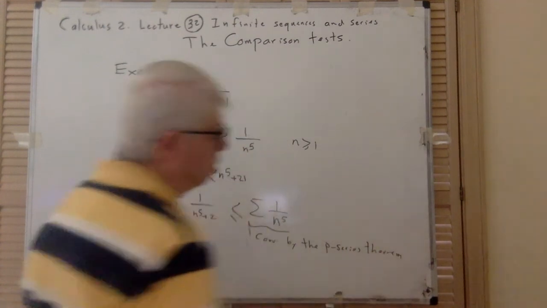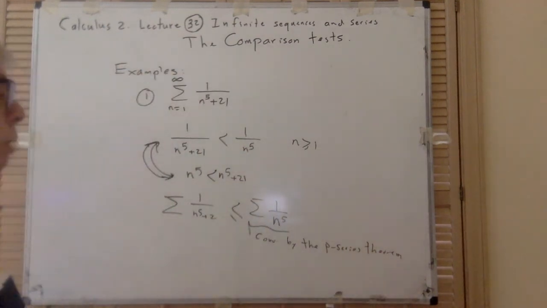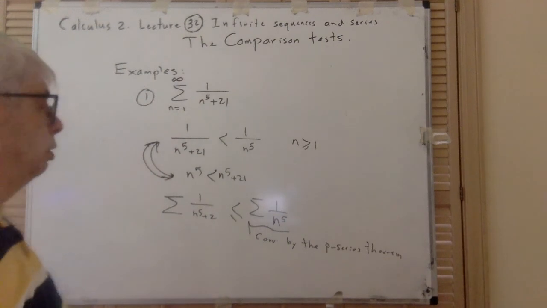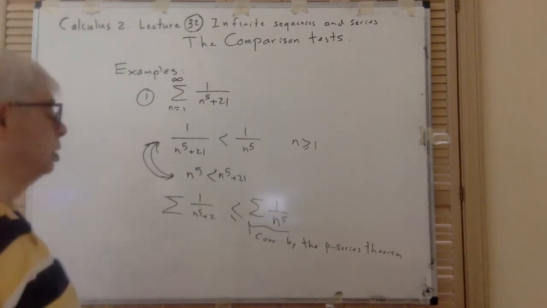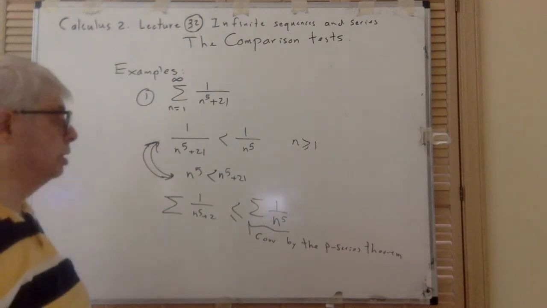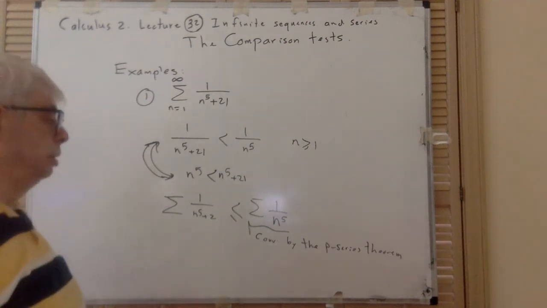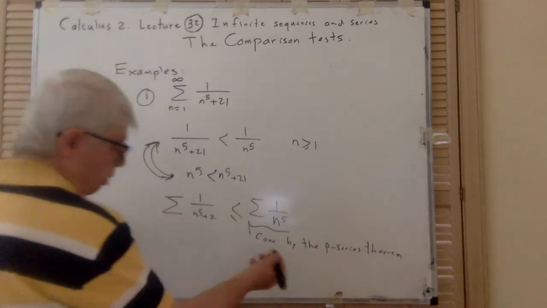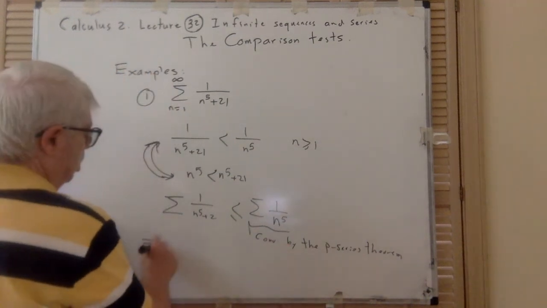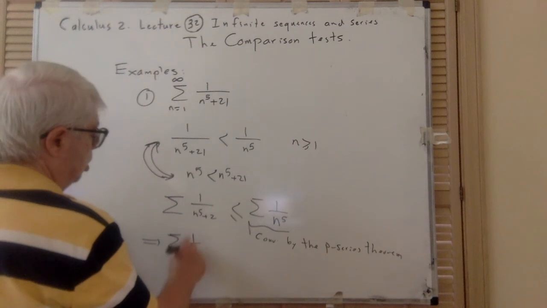Well, sometimes I write test and sometimes I just write theorem. In fact, that's a theorem, but we can say it is the test itself. So this is, in fact, the proof that this is convergent. So after this, we can say this sigma is convergent